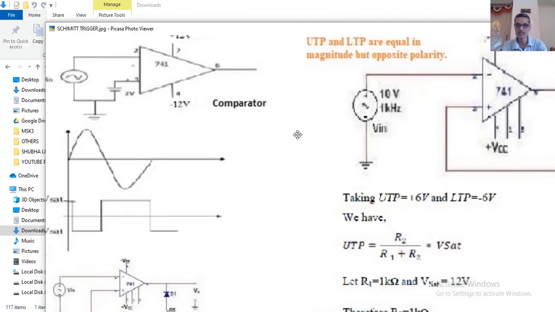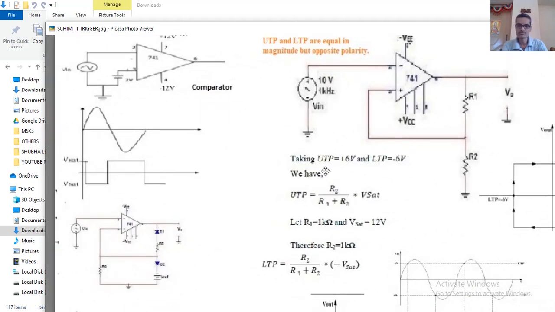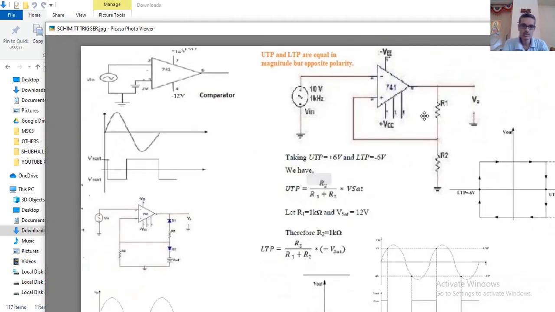Now going to the Schmitt trigger part, here, as you can see, this particular circuit. Again the input is given to the minus terminal, that is the inverting terminal, and the reference voltage is given to the positive terminal, not by using a supply, but by using a resistor voltage divider network, R1 and R2. Now, this point is connected to this point. That means the voltage across this resistor acts like a reference voltage for pin number 3, the non-inverting terminal.